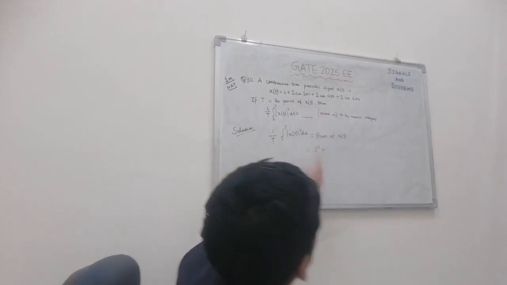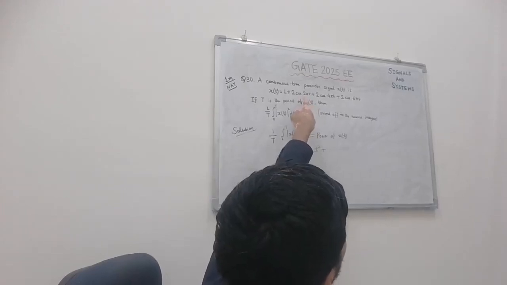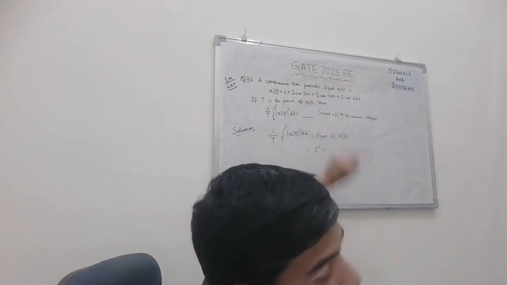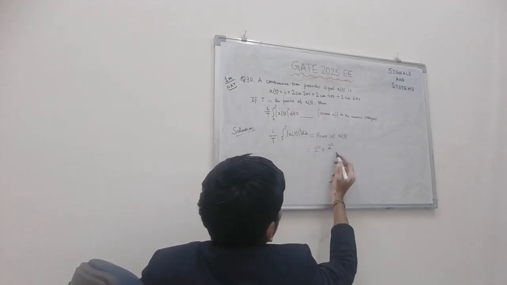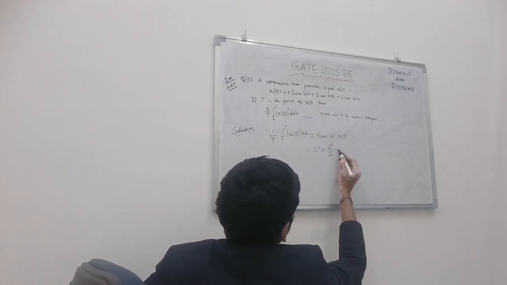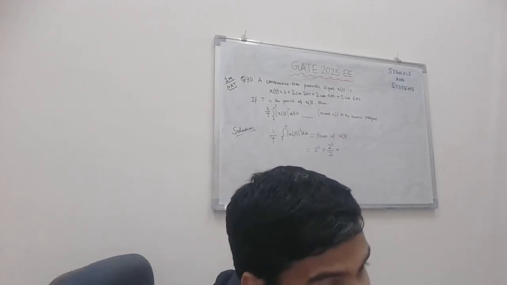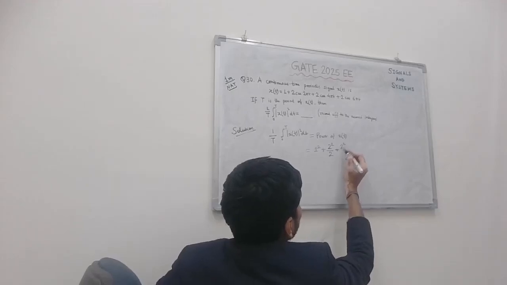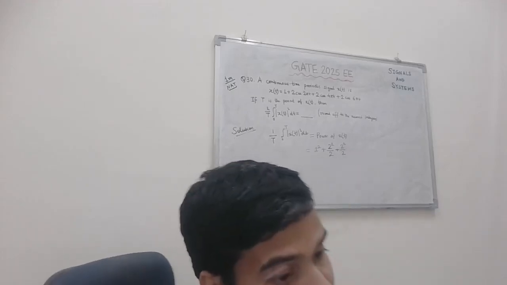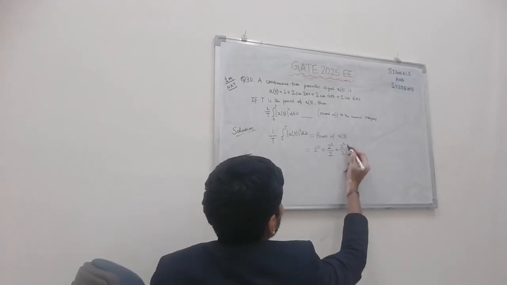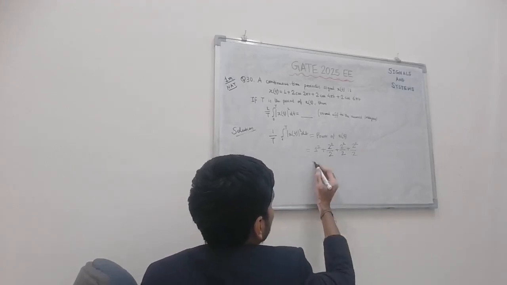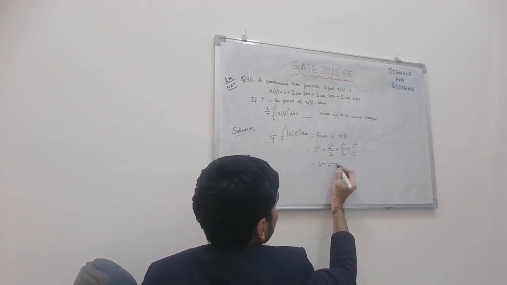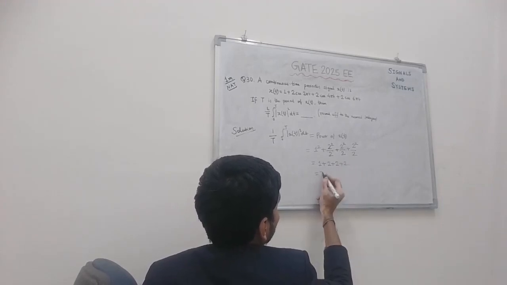The power of the term with angular frequency 2π will be Vm squared by 2, that is 2 squared by 2. Again for the other terms we have the RMS squared values, and we take the sum of the RMS squared values. So it will be 1 plus 2 plus 2 plus 2, that is 7.